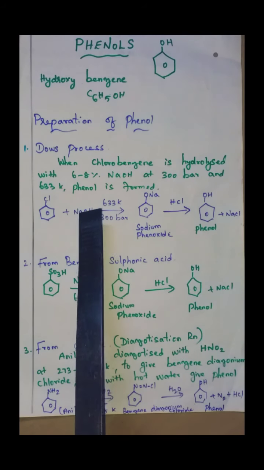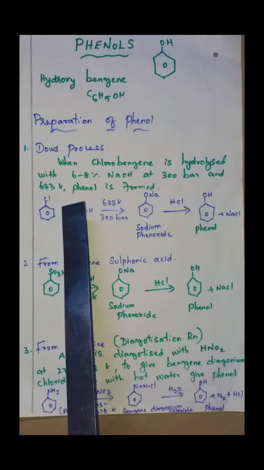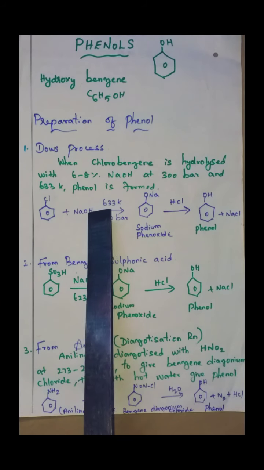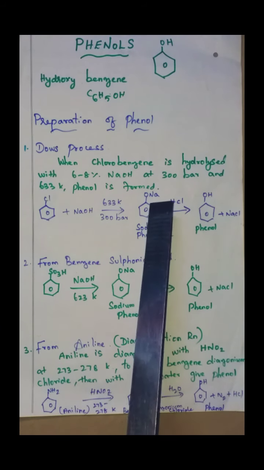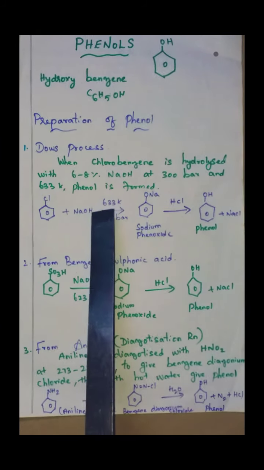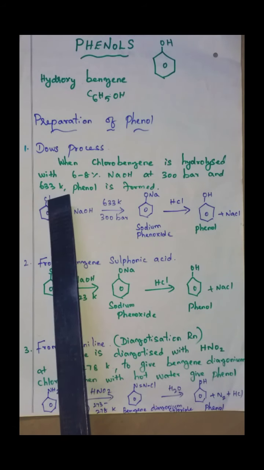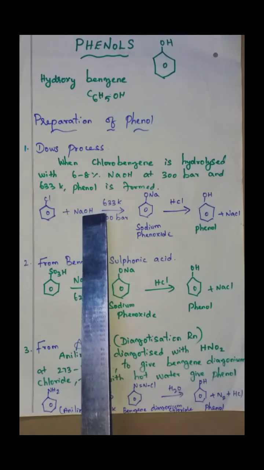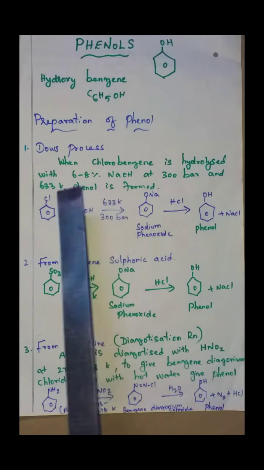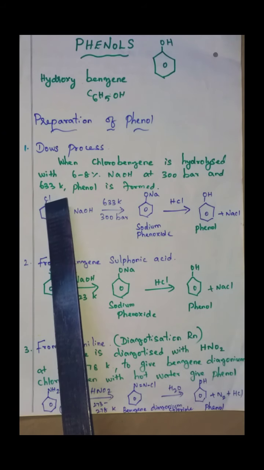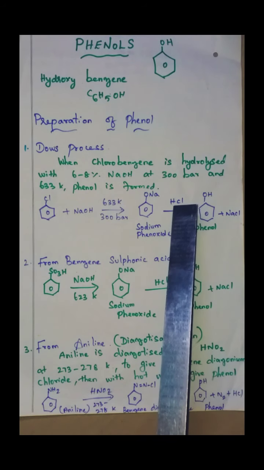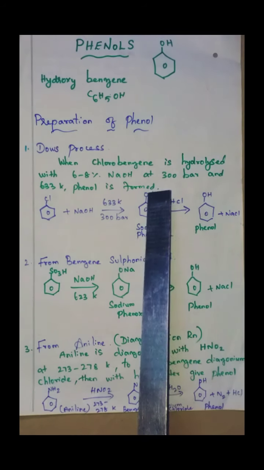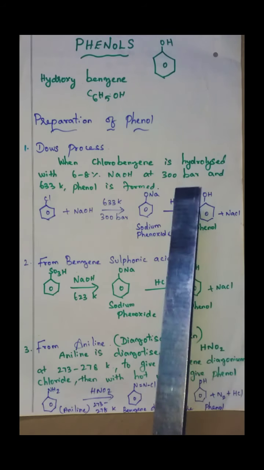First this Na and this Cl go as NaCl. The H and Cl are removed as HCl. This ONa group goes and attaches here to form sodium phenoxide. Remaining part ONa joins the benzene group, so to form sodium phenoxide. Then it is further treated with HCl, this Na and Cl are removed as NaCl, and this H goes and